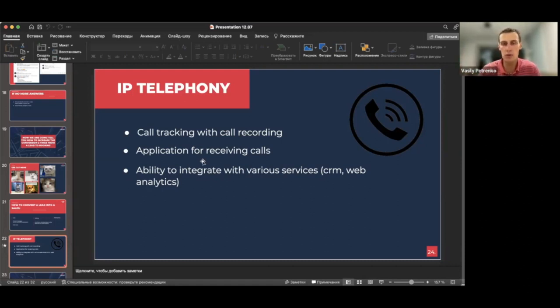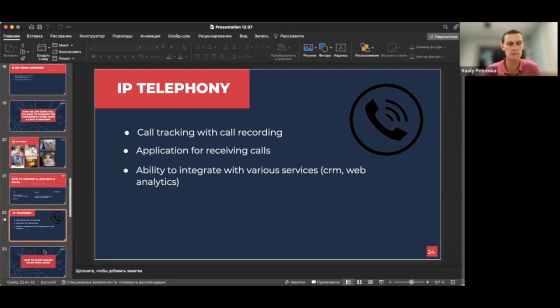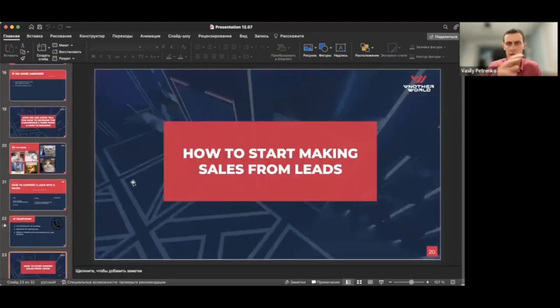The good thing is that if you're using this type of service, you have the ability to integrate it with different services like a CRM system, like web analytics. You can check where the calls are coming from and how many calls you got, all the statistics. And how do we count those conversions? Like how did we get 60%? Simply, we see how many calls we get and how many sales we get from those exact calls. And these statistics you can have only if you have all this info.